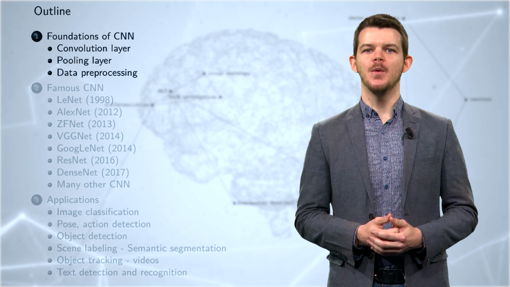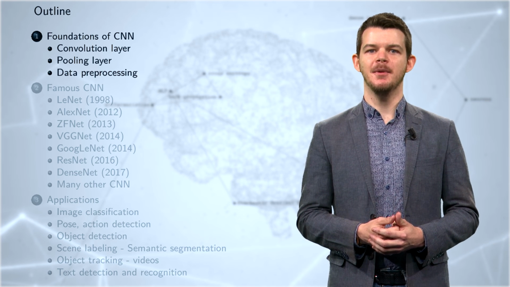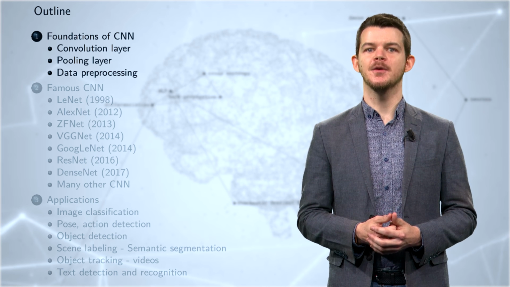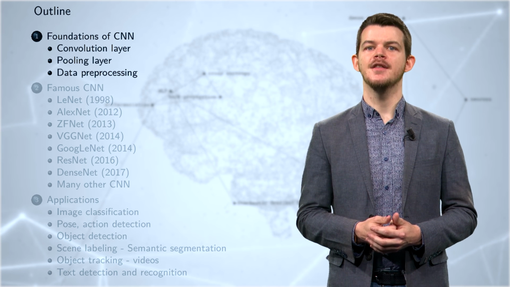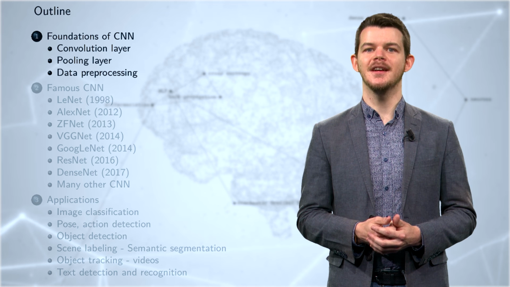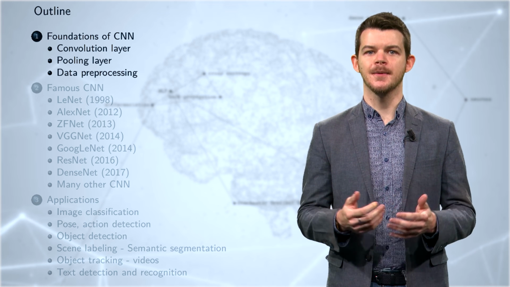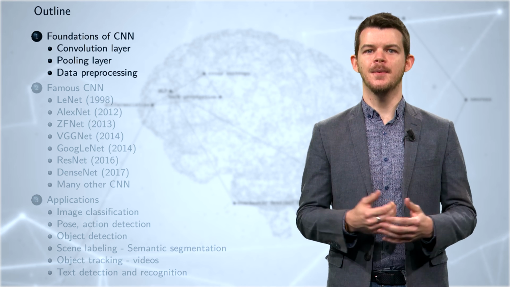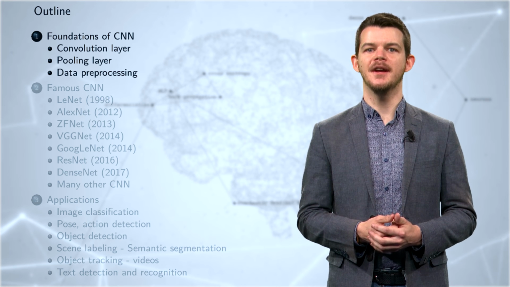In this lecture, we will see the fundamental elements of CNNs: the convolutional layer, the pooling layer, and some elementary image processing. Then we are going to review the most famous CNN architectures in order to grasp some relevant ideas from these architectures. In the third part, we are going to see more involved applications that are built